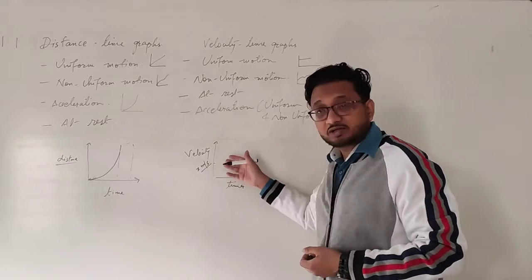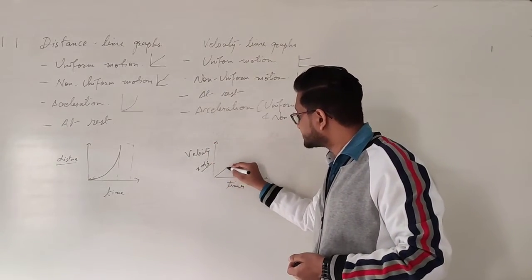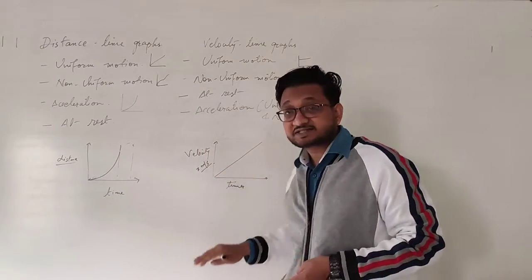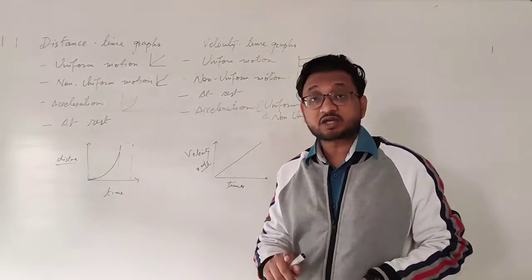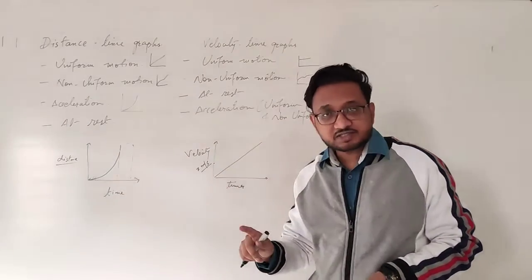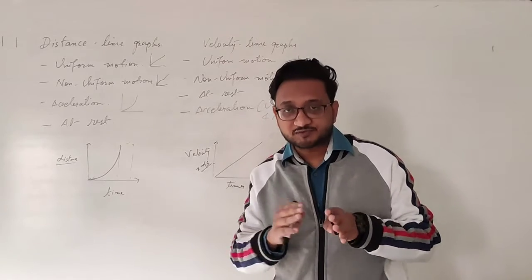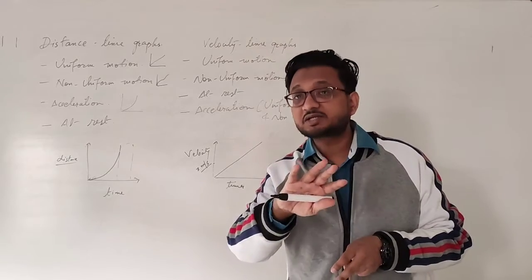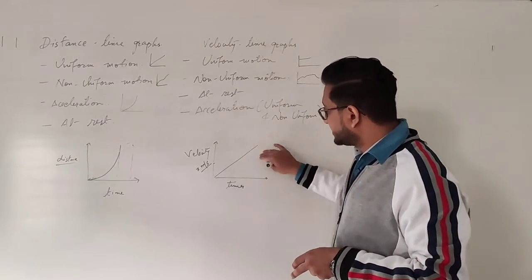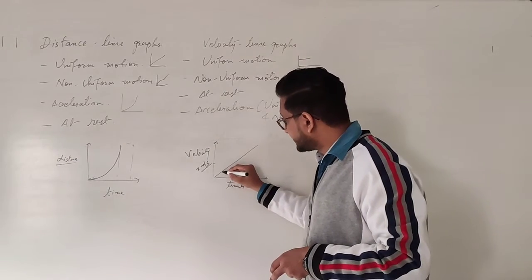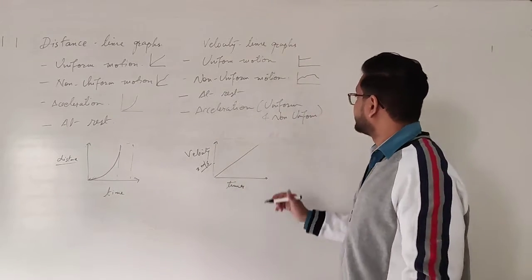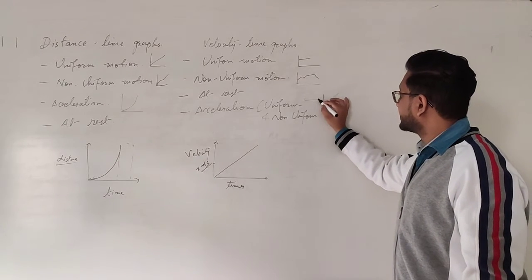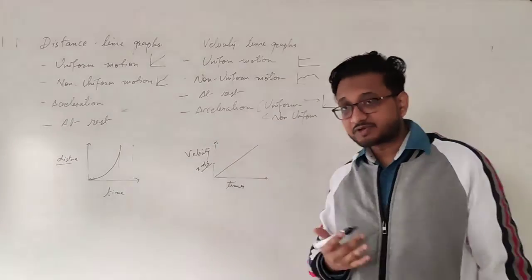So if I plot a velocity time graph of uniform acceleration, then it will be a straight line. Because velocity is increasing, this motion is still non-uniform motion, but we are talking about acceleration. So it is uniform acceleration. Technically motion is not uniform, but acceleration is uniform. This is uniform acceleration because the velocity increases in equal intervals of time. So if it is uniform acceleration, then the graph will be like this, a straight line. Now it is very simple.